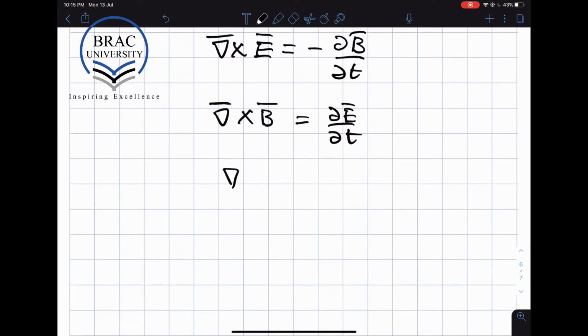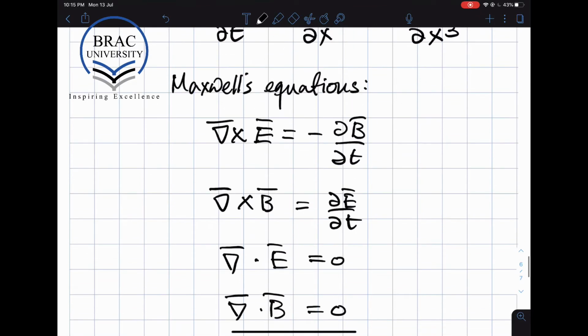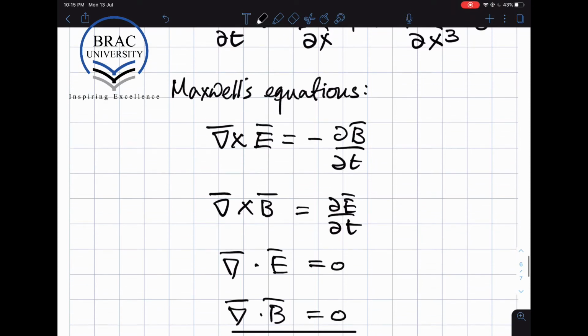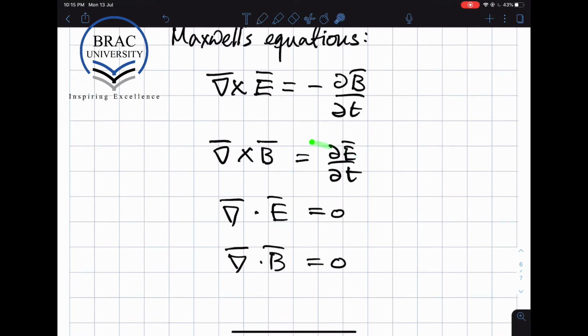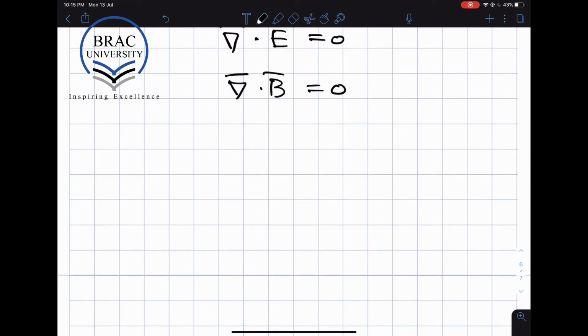And then we have Coulomb's law or Gauss's law. And then we have the absence of magnetic monopoles. So let's just derive a wave equation for the electric field. What we can do is take the second equation, this one, and take a time derivative of this equation. So if I take the time derivative, then I have del squared E by del t squared,